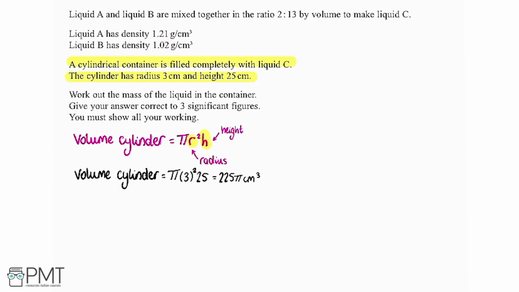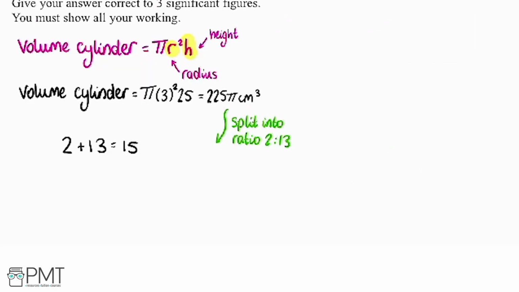Great, so now we're told that liquid C is made up by looking at the volume of liquid B and A mixed together in the ratio 2:13. So what we want to do is split this into the ratio 2:13. So to do that, I'm first going to add up the different parts. So we've got 2 and 13, giving us 15. And then if we do 225 pi, so everything in total, and divide by 15, you get an answer of